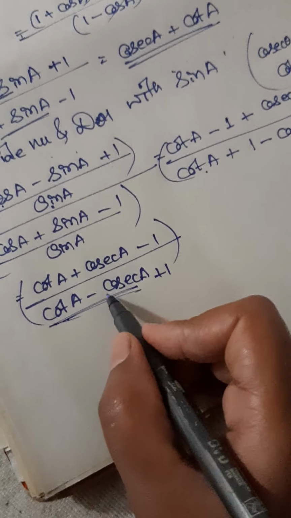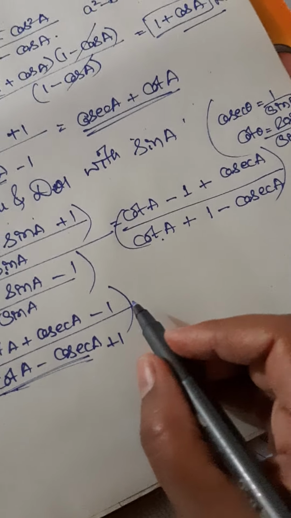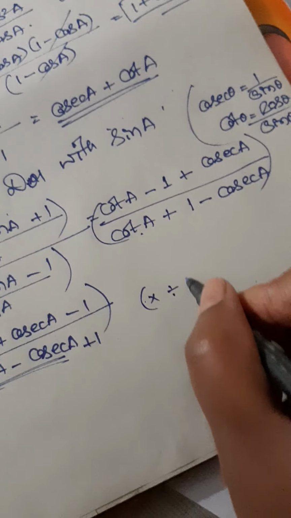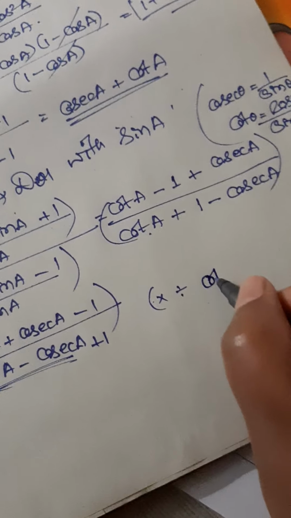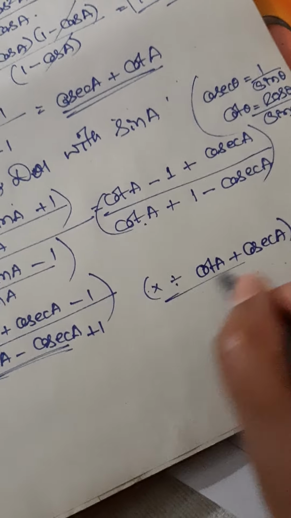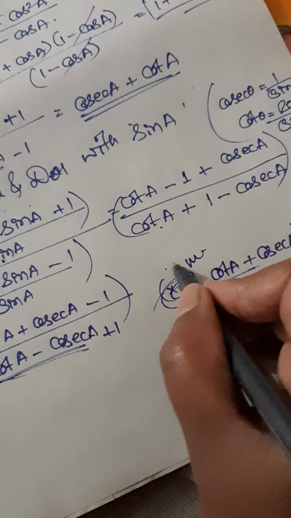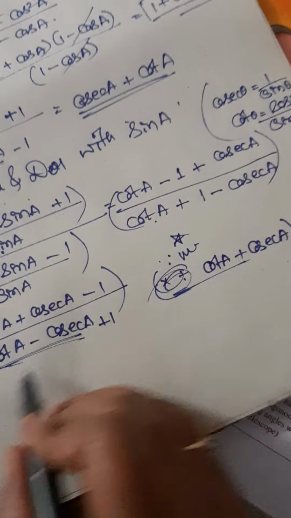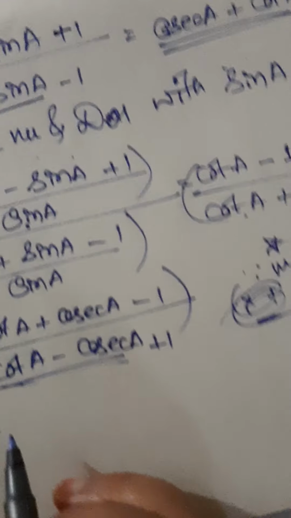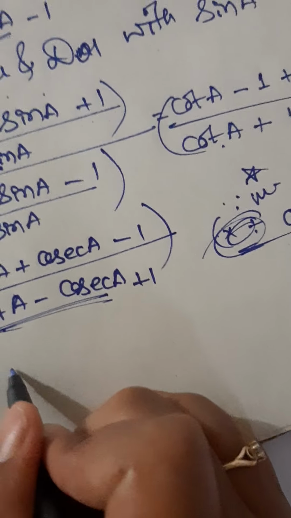the, let's rationalize this one. So how can we rationalize? Here we can multiply and divide by cot A plus cosec A. In this way we can take this step. You all remember multiply and divide, you remember this by yourself. So multiply and divide by cot A and cosecant A, we have got this one. So let's put that one.